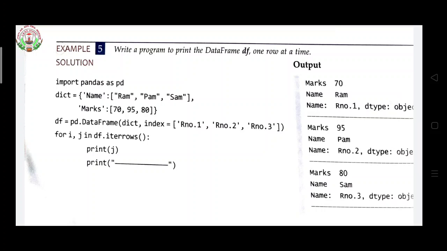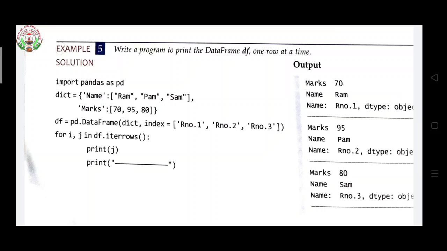Then df.DataFrame, dict, comma, index is also given here as 1, 2, 3. So what I am calling is j, the second variable, the second column, marks. J is my variable, and calling j means marks will come first, the second value, then 70, after that